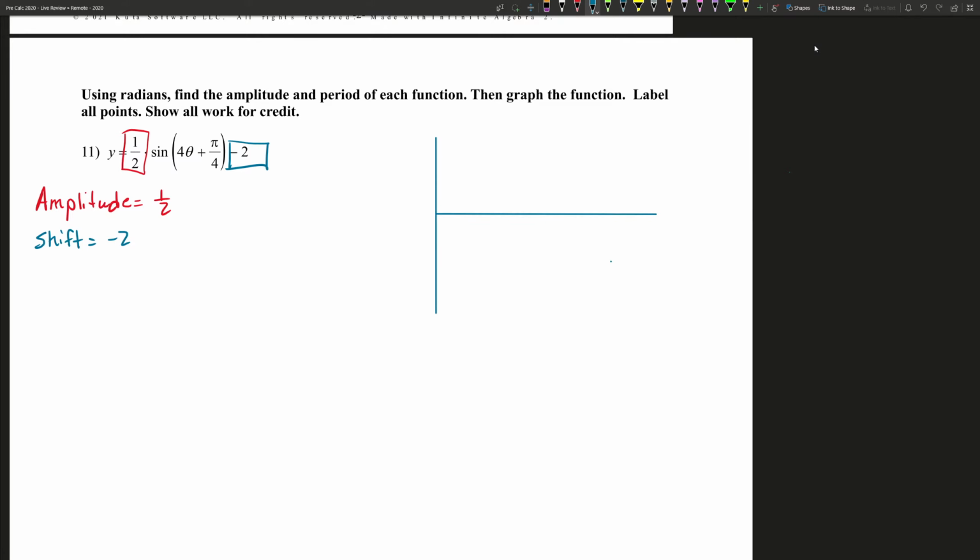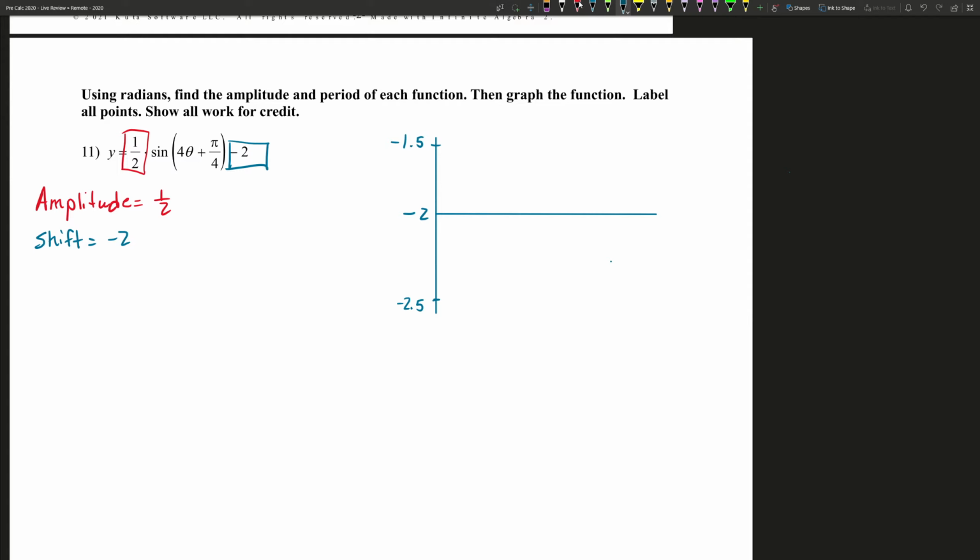This center line is -2. It will go up to -2.5. Not -2.5, -1.5. And then down to -2.5. Right, so that's the skeleton of our function so far. Okay, 2 easy things to do, really easy points to get. Right, then we need to